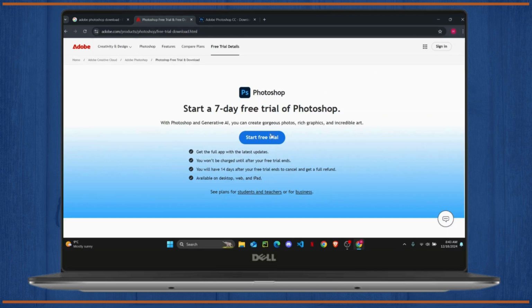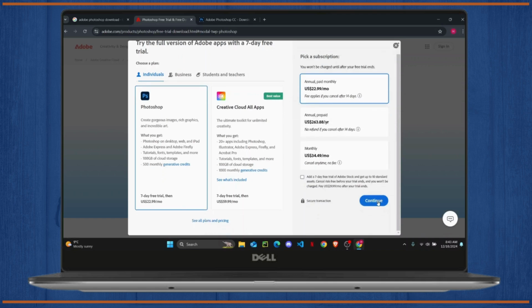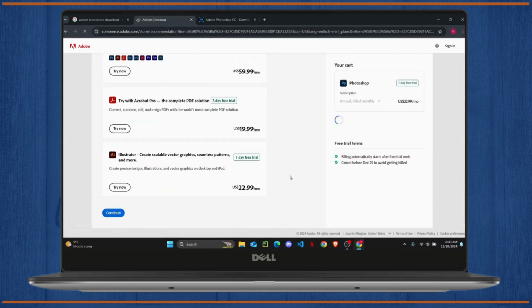Once you get on this web page, you need to click on start a free trial. For this, you need to have a Creative Cloud account. It will ask you to choose a subscription plan. You just choose which one is suitable for you and then click on continue. Once you do that, it will take you to a checkout page. Click on continue again,